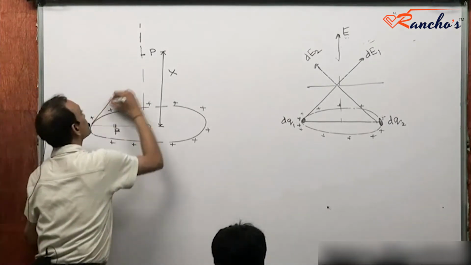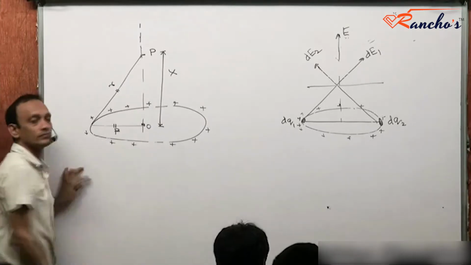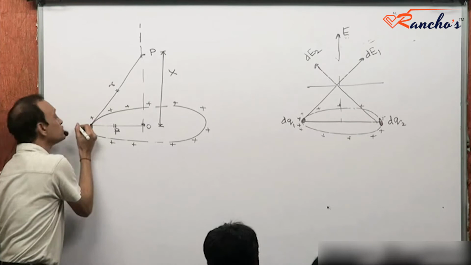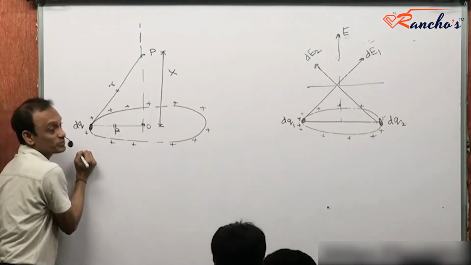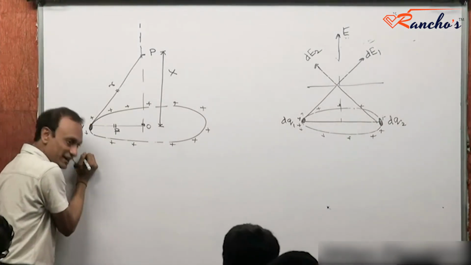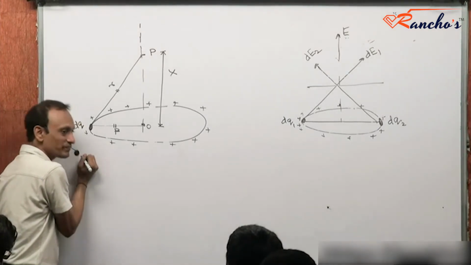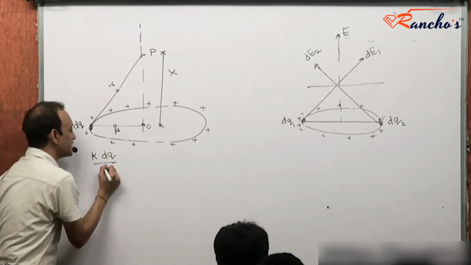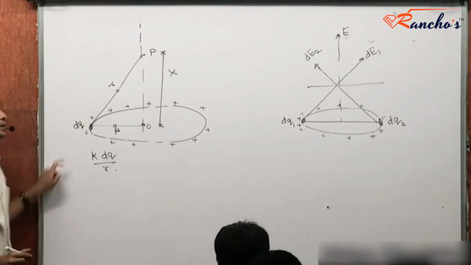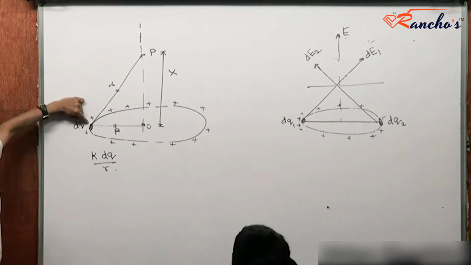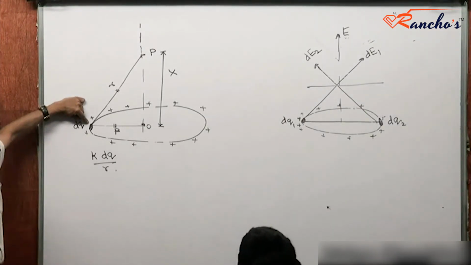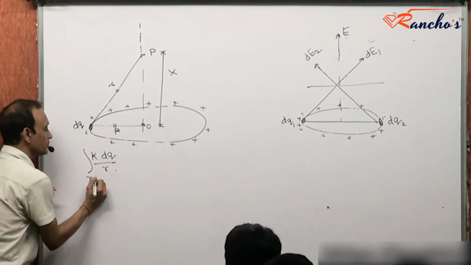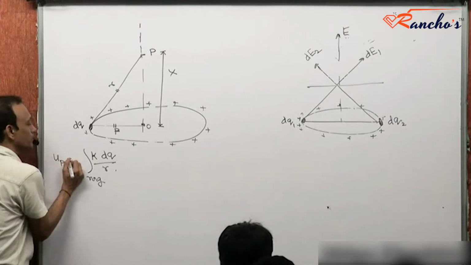Now, this is the slant height of this cone, r, which does not depend on which dq I select, and which also does not depend on whether the charge distribution is uniform or non-uniform. The slant height of the cone will not change because of that, right? So potential at P because of this dq is what? K times dq divided by the slant height of the cone, distance, right? Potential at P because of this choice of dq is K dq by r. For all dq's put together, sum it up along the ring, that's the total potential at P.